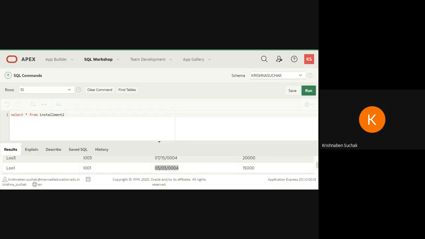Try this query, run this query in your practical. Then we will move to the next one. Acknowledge me here, so that I can know how many people have done this. After completing this, write in the chat box done.